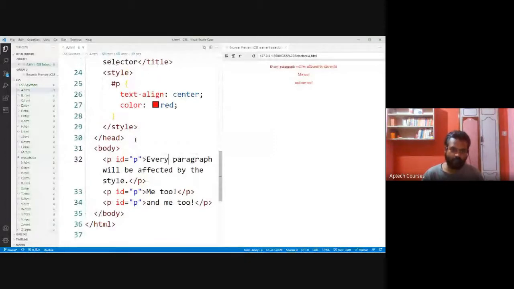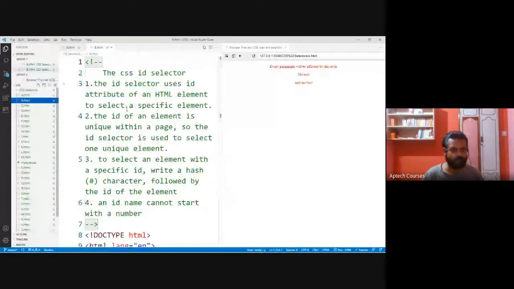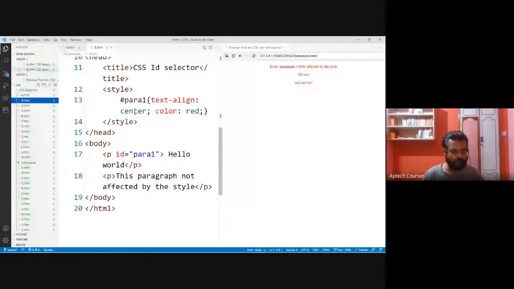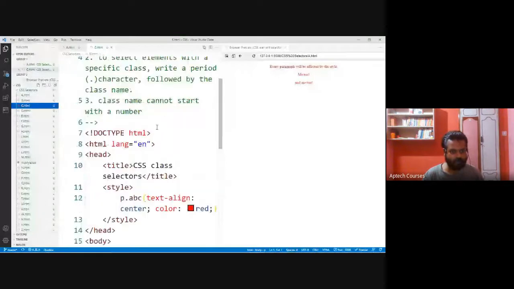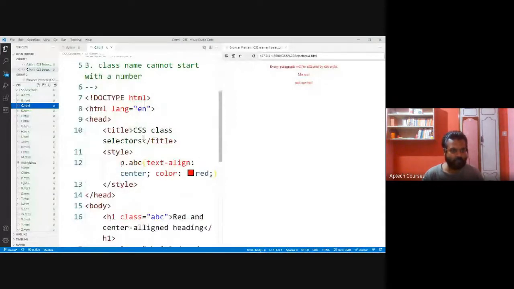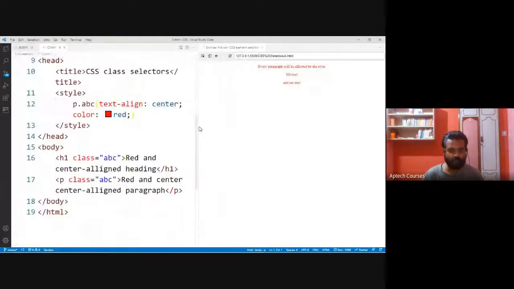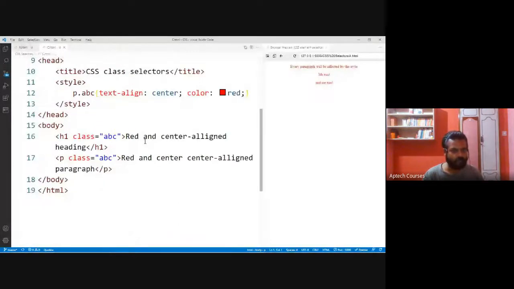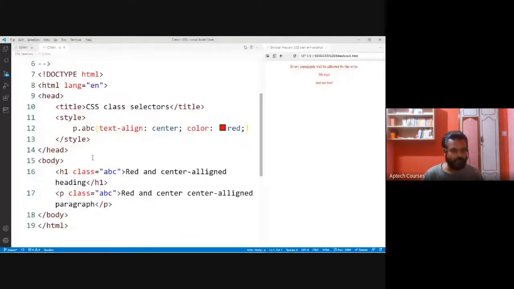Now we have class selector also. See, this is the ID selector. Then we can go for class selector, with the class attribute. Fine. How are we going to select that? Class is the attribute.